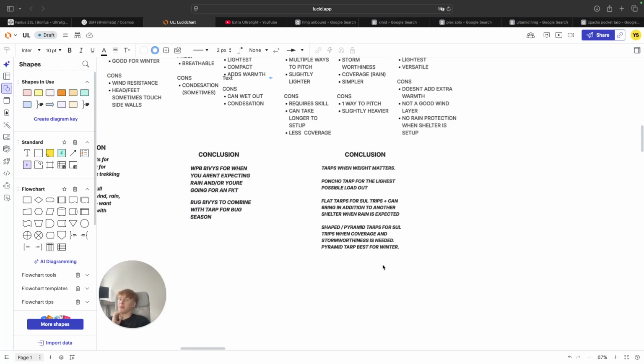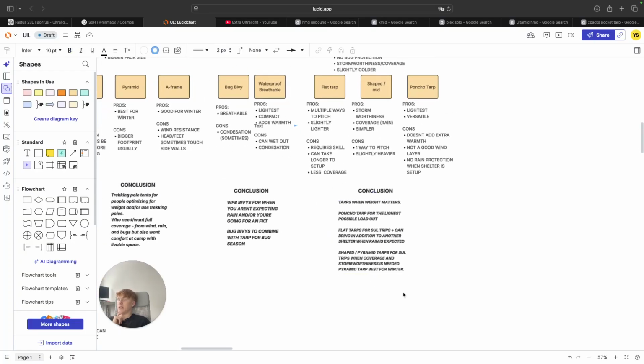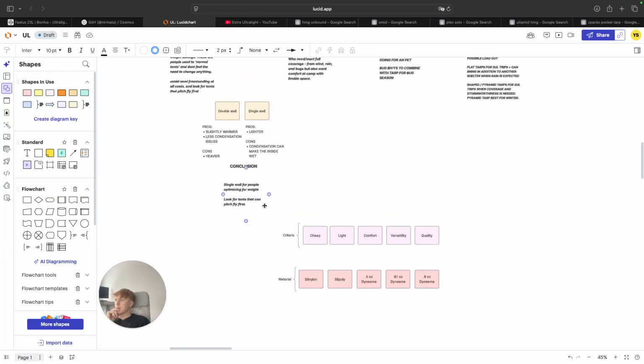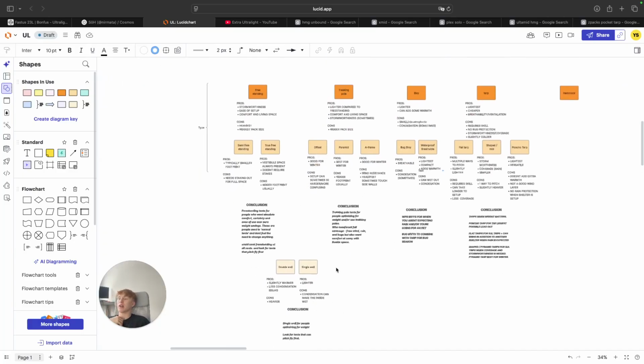And then shaped pyramid tarps for ultralight trips when coverage and storm worthiness is needed. And then pyramid tarp is best for winter. And then with freestanding and trekking pole tents, you'll then have to decide whether you want double wall or single